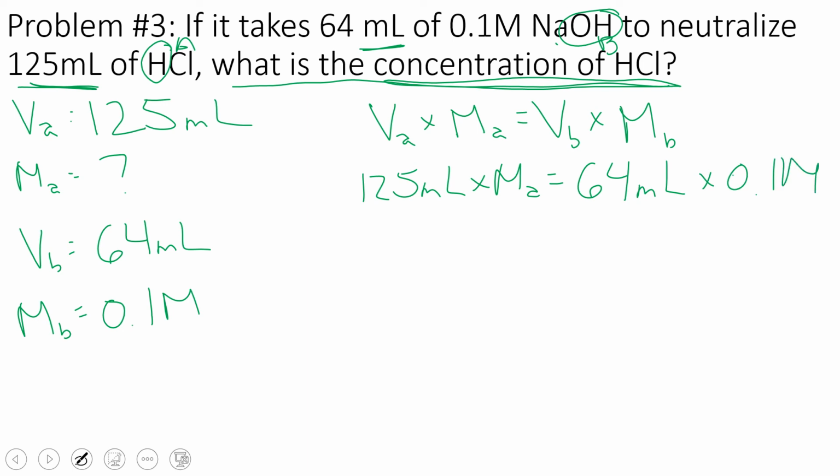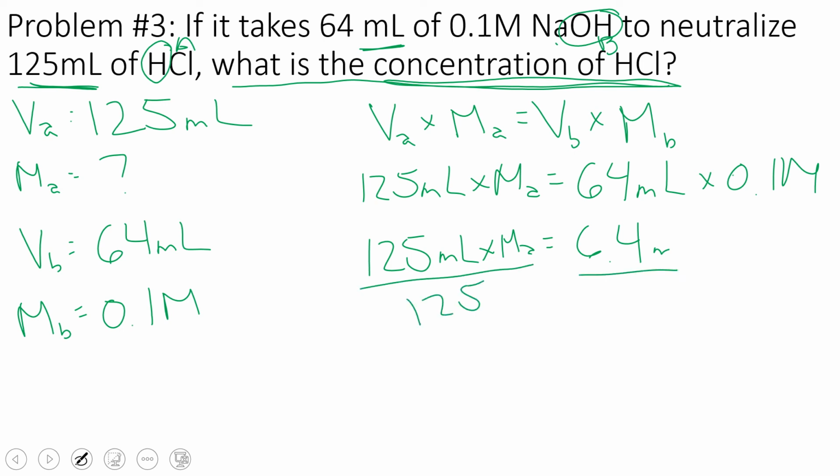We're going to do our math, so we know that 125 milliliters times MA is equal to 6.4. So what we can do is divide both sides by 125, and we get a concentration of